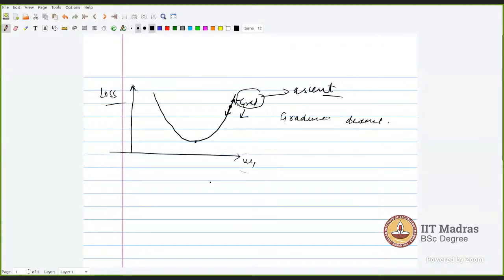Ma'am, I had a question for the continuity part. In the graded assignment of week 2, there was a question which asked which of the following functions was continuous at x equal to 1. There was one function, x square minus 1 upon x minus 1, and I put the answer as continuous, but it stated that it is not continuous.